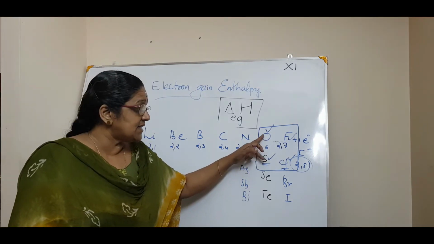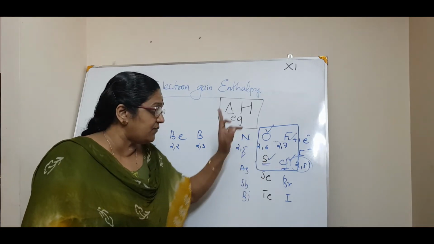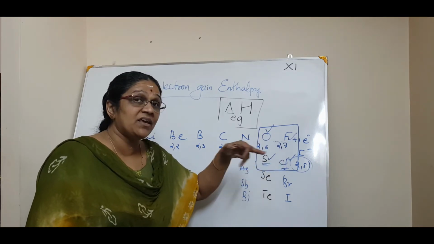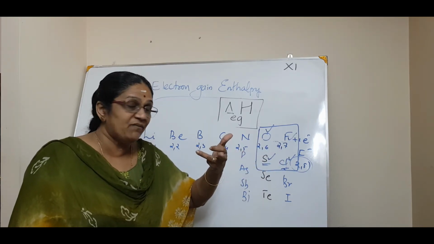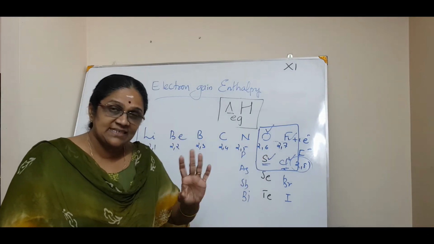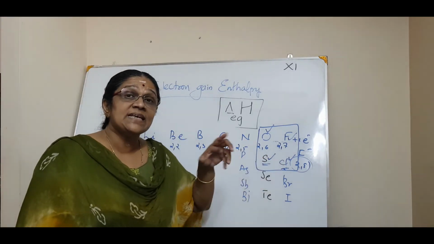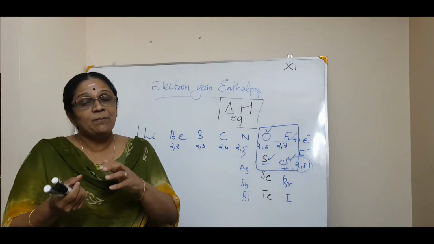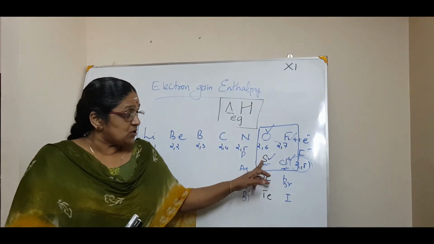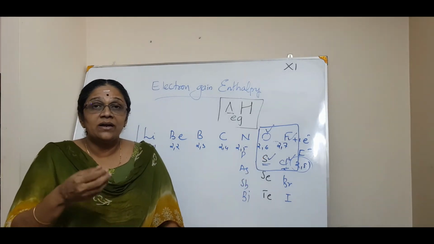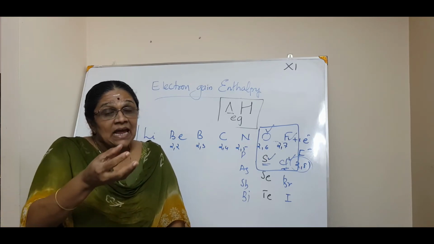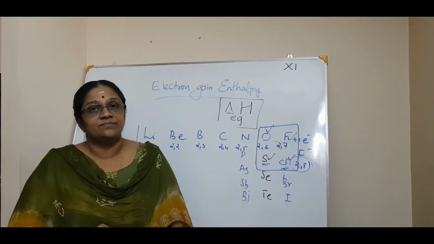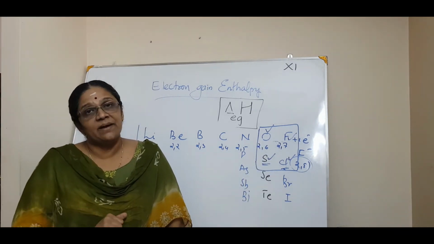But in this case, that is oxygen and sulfur, when we take oxygen and sulfur and fluorine and chlorine, as a general rule, oxygen and fluorine should have a more negative electron gain enthalpy value than sulfur and chlorine. Agree. But the exception is that sulfur and chlorine have a more negative electron gain enthalpy than oxygen and fluorine. Or, let me put it another way. That means sulfur and chlorine readily accept an electron to form an anion rather than oxygen and fluorine. That's the question.